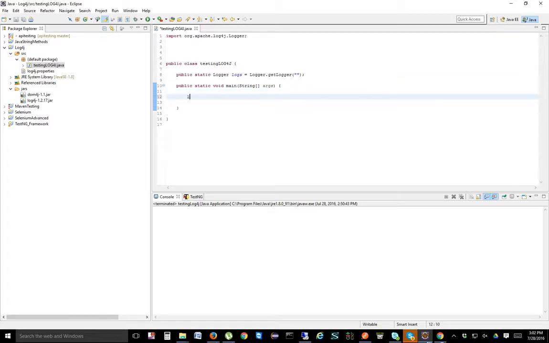For example, we're going to say logs.debug and then put your message, like "test started." Okay, boom. So let's say you have some automation scripts right here, and then you have another automation script,